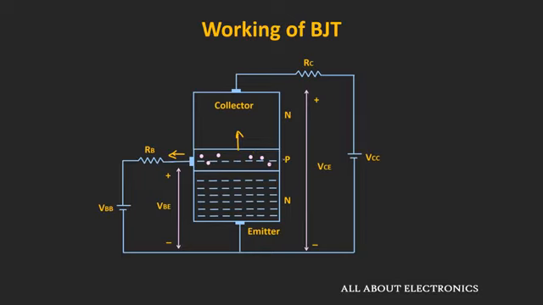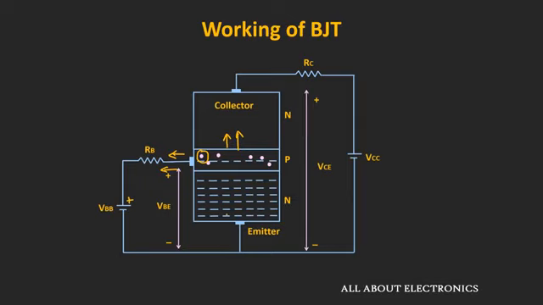That means the number of holes in this base region is very small compared to the electrons which are coming from the emitter region. That means the free electrons which have come into this base region will see a longer lifetime. And the second reason is the width of this base region is very thin. That means most of the electrons will be able to escape this base region and go into the collector region. That means in this base region, only a few electrons will recombine with these holes and get attracted towards the positive terminal of this VBB, and the remaining electrons will enter into the collector region.